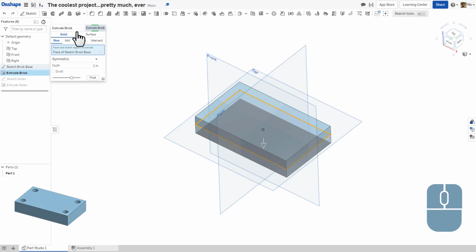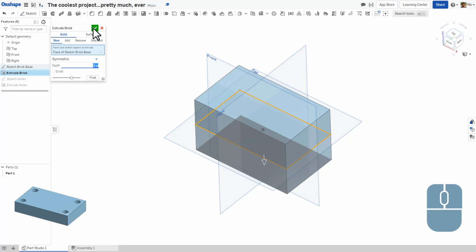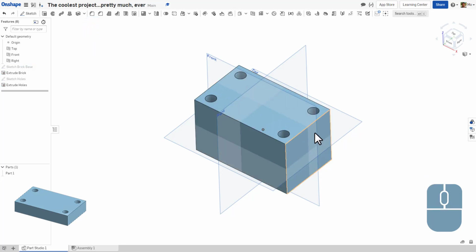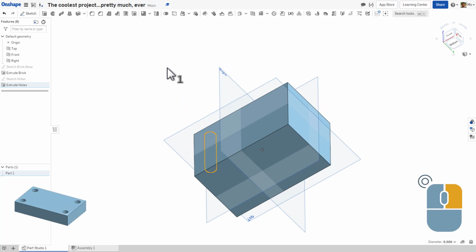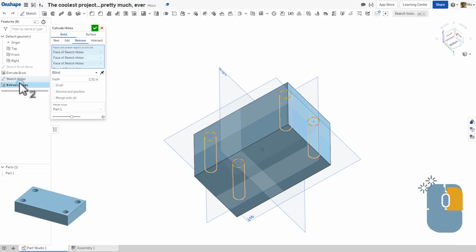This brings us back to extrude brick. And you'll see that the holes have disappeared, because we've gone back to a time before those holes. Now let's say, because I want to, I change this to 3 inches. And when I press accept, my holes reappear, but you'll notice that the holes no longer penetrate all the way through the brick. So we'll have to go back into extrude holes and change the depth,